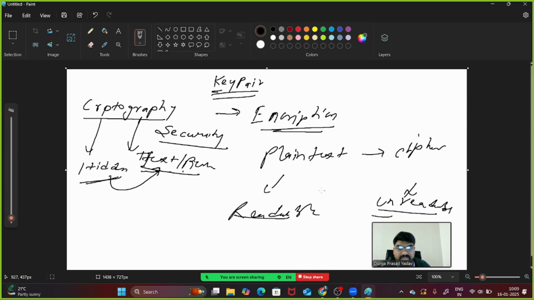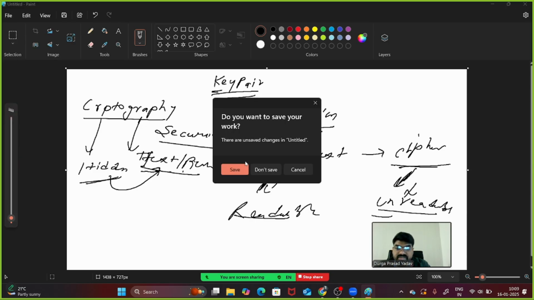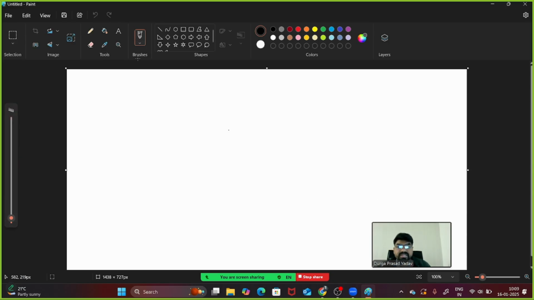Plain text you can read, but cipher text you cannot read. It is a readable format, plain text, and cipher is an unreadable format. So this method of conversion is called encryption.